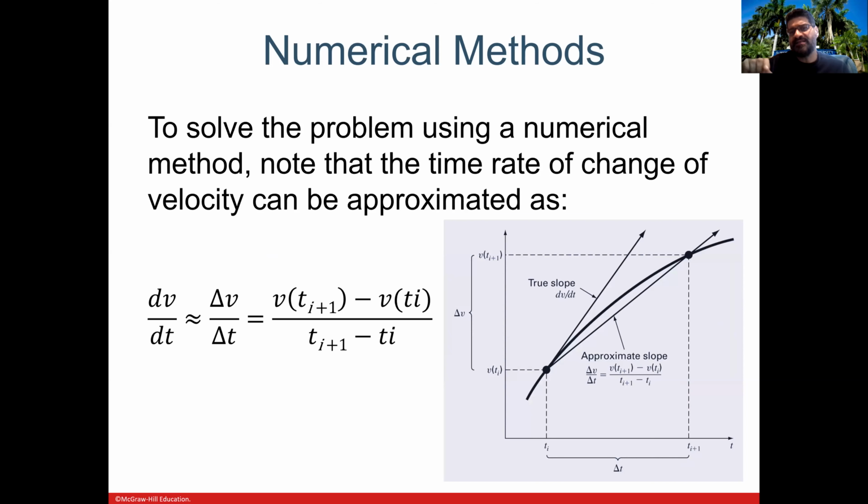It depends on the step that I'm making with time, and I'm measuring the change of that velocity with respect to time. So if you look at the graph here,